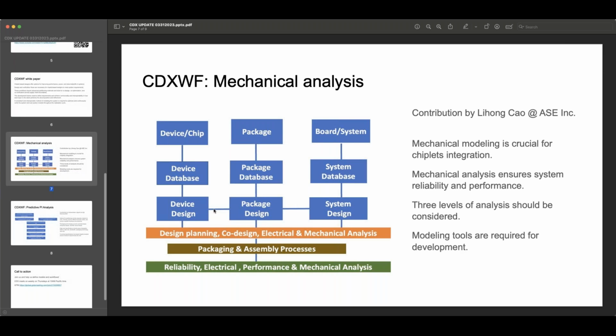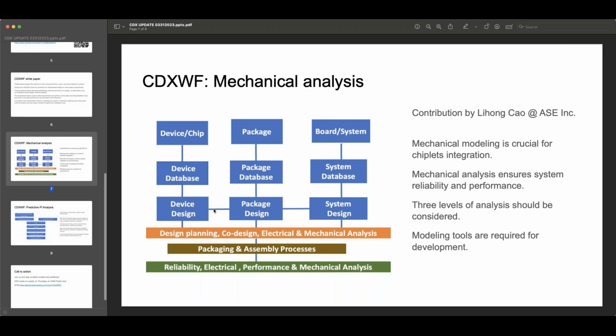And then once packaging and assembly happens, we have the post-assembly analysis: okay, now we have chosen all these properties, we have the final chiplets, and we need to do an analysis in terms of warpage, moisture resistance, mechanical stability, reliability, stresses, strains, and so on.